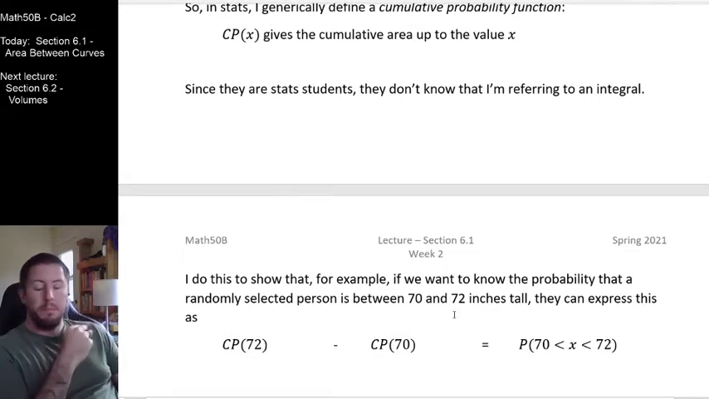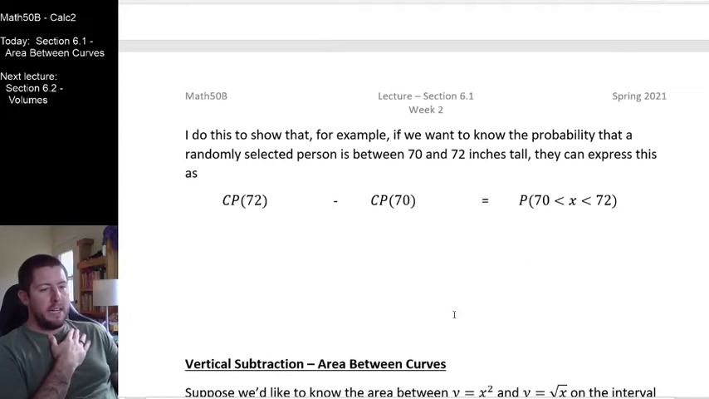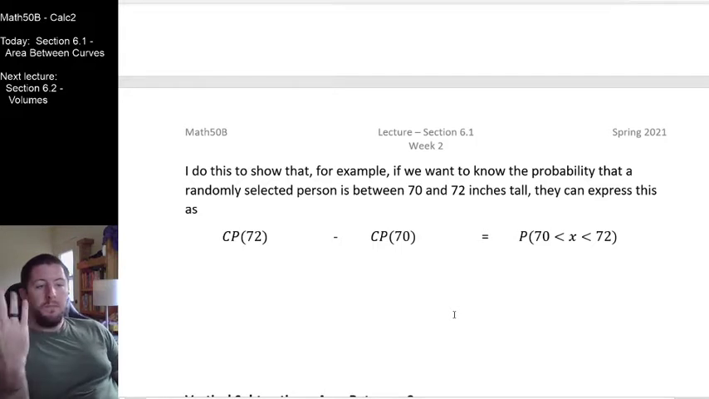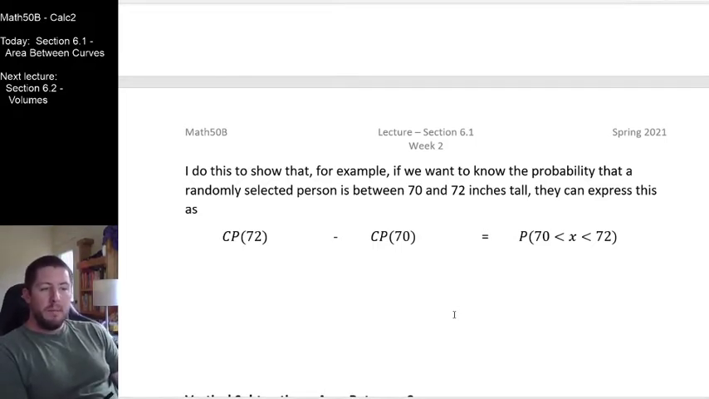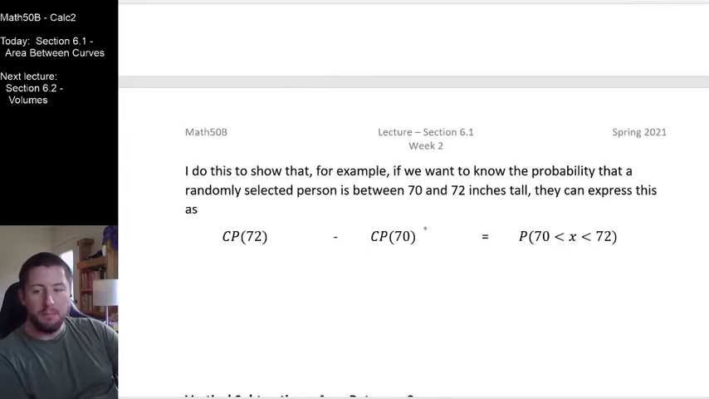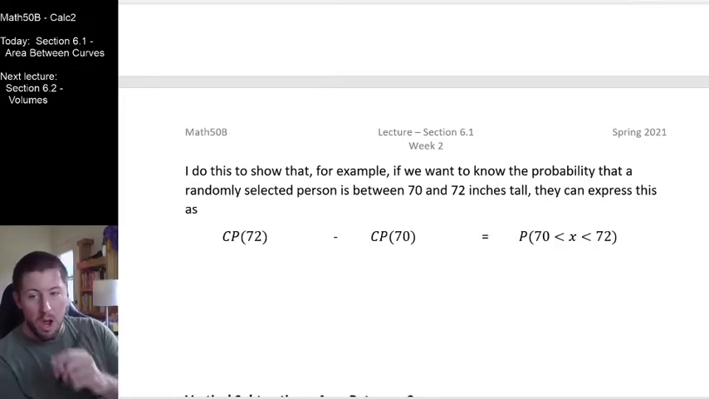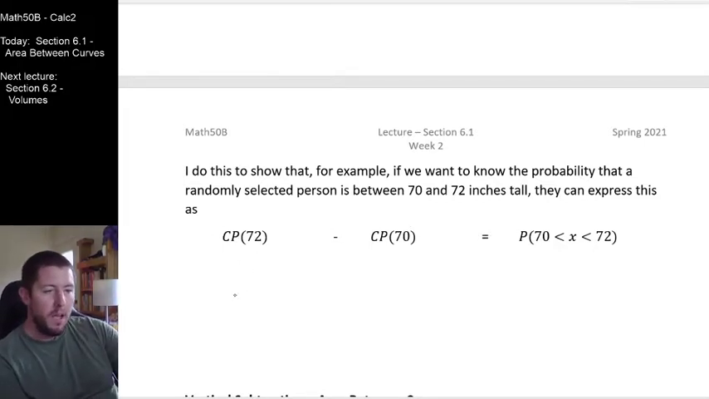And here we go, to bring this back around to the horizontal subtraction idea that I had before. I do this, for example, to show them that if we wanted to know the probability that a randomly selected person is between 70 and 72 inches tall, we can express this as a subtraction of two cumulative probabilities, a subtraction of what you know to be two integrals, right? So I can think, and so 72 inches tall,